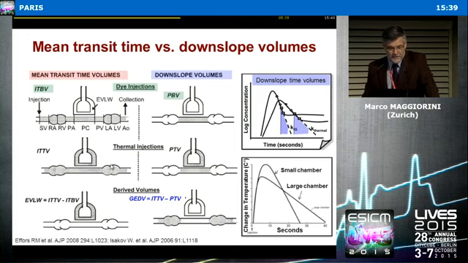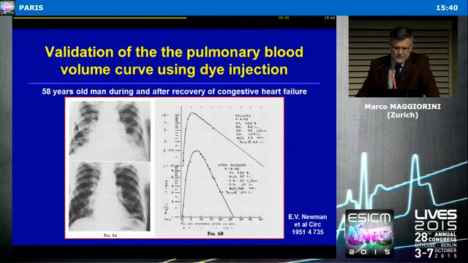The difference between the intrathoracic thermal volume and the pulmonary thermal volume gives you the volume of the cavities that are outside of the lung. This is the so-called global end-diastolic volume. I give you this value because it's important to understand the next step, which is the single thermodilution technique, which we are using nowadays in the devices that are provided. But